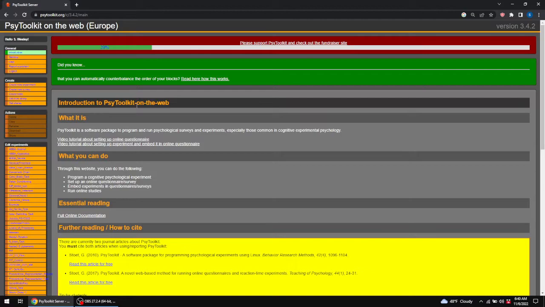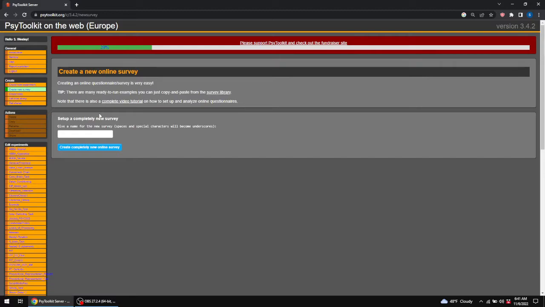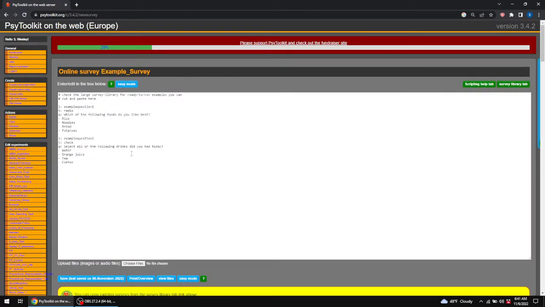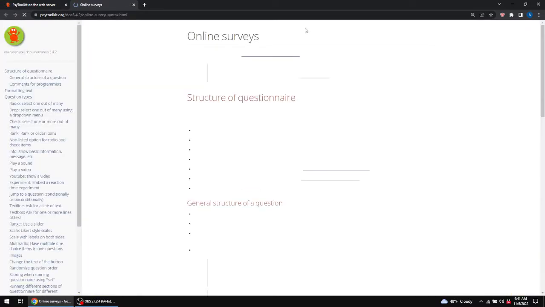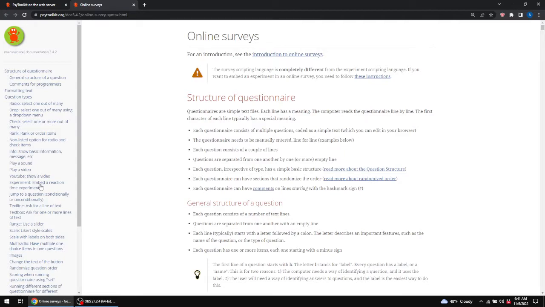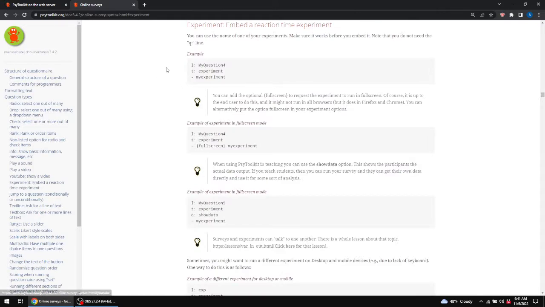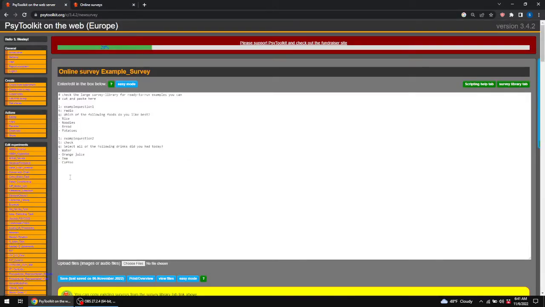So when you do this, it's actually fairly easy. So let's create a new survey where we could incorporate this. So let's just go with example survey and complete this completely new survey. Okay. Now there is, if you go to the scripting help tab, syntax that's already set up for you to do this. So if you look on the left-hand side here, I have embed a reaction time experiment. And the actual line that you would use to do this is actually really simple and easy. So I'm just going to copy and paste this over to my survey tab